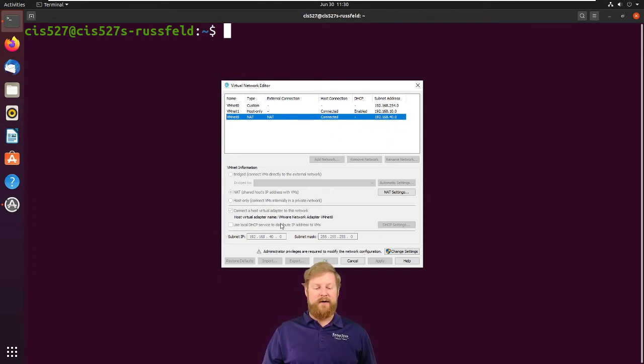The other thing in here we can see is this checkmark, the Use Local DHCP Service. Once you get done with task 4 and have your DHCP server running, you'll want to go in here and uncheck this box. You have to click this Change Settings button to give it admin access, but then you can uncheck this box to turn off VMware's DHCP service so you can use your own. So remember, we have